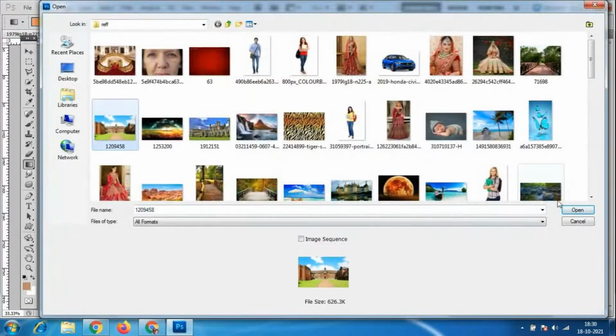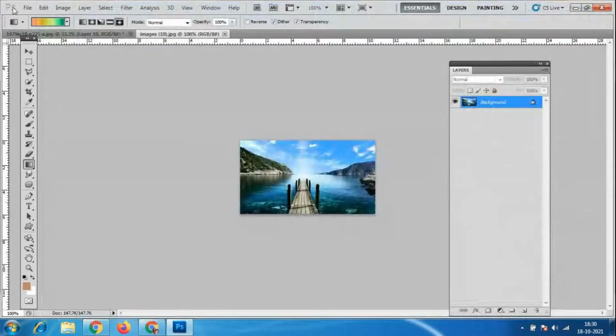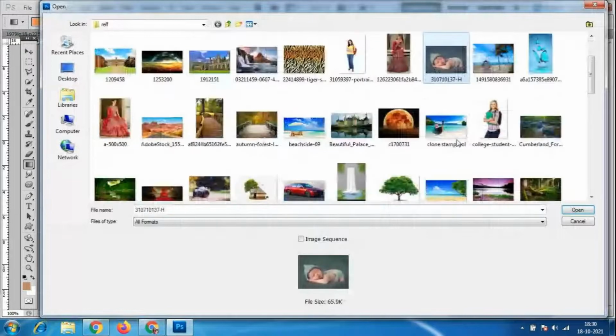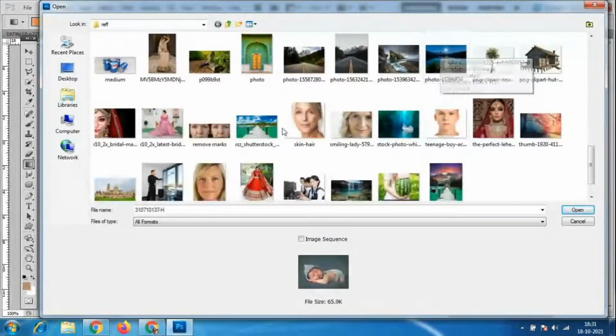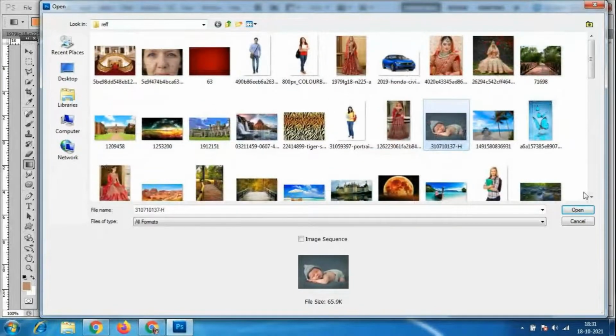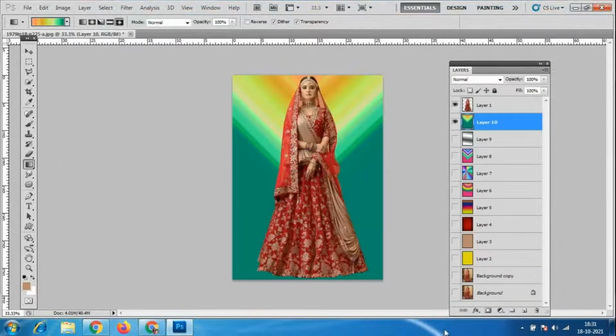Suppose we have any sky background, you can try with the different background. Sky background and all will not look that nice. It will not look natural. Okay, only this kind of backgrounds will look very nice with the things.